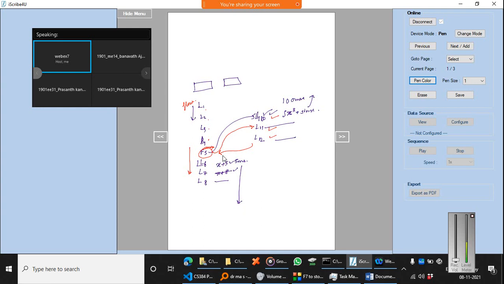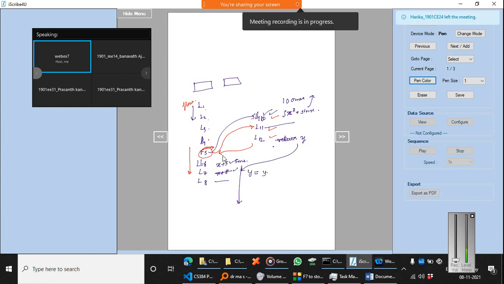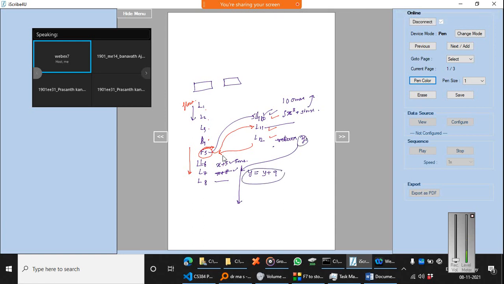Now, as I showed you, it is executing simultaneously, but this may not be the result that we want. Let's say on line 12 we are doing return Y, and on line number 8 I am doing Y equals Y plus 9. So whatever value of Y is returned, I have to compute the value ahead of it.